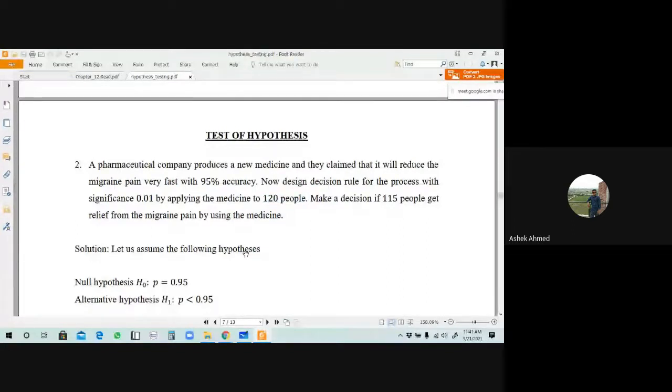At first we have to define the null and alternate hypothesis here. So from here tell me, their claim was কি ছিল? Reduce the migraine pain very fast with 95% accuracy. The accuracy was কত ছিল? The probability of accuracy is here, okay, 95%, is it right? Response me. Yes, sir. রেসপন্স করো, accuracy probability কত? 95%. আর এই 95% accuracy তে মাইগ্রেন পেইন আলটিমেটলি কি রিডিউস হয়, না ইনক্রিজ হয়? রিডিউস হয়। রিডিউস মিন্স হিয়ার কি, ডিক্রিজ অর ইনক্রিজ? Response me. Decrease.